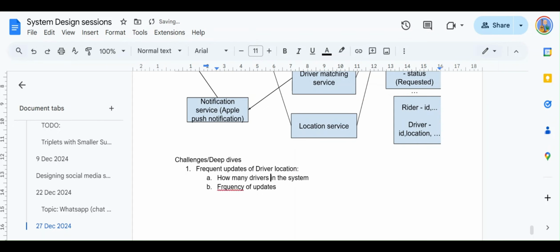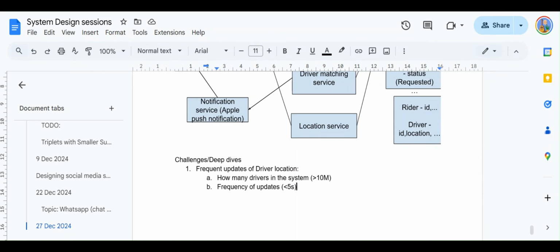updates. You can assume anything over here, but from the live data of Uber, I think it has more than 10 million drivers onboarded onto the platform currently. And we can say that the frequency of update that we want is every 5 seconds, less than 5 seconds, we want the location updates to be sent from each driver. If we want to keep track of their location every 5 seconds, we'll look to minimize this number. These are all configurations, and we can definitely reduce the 5 second part by changing this configuration.